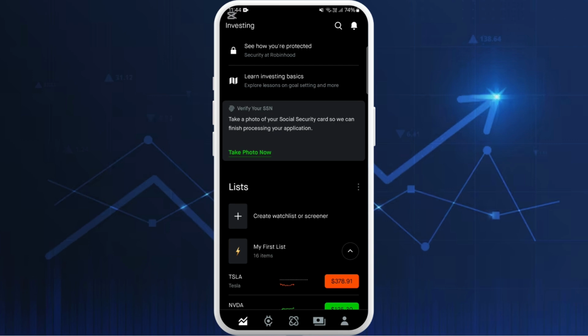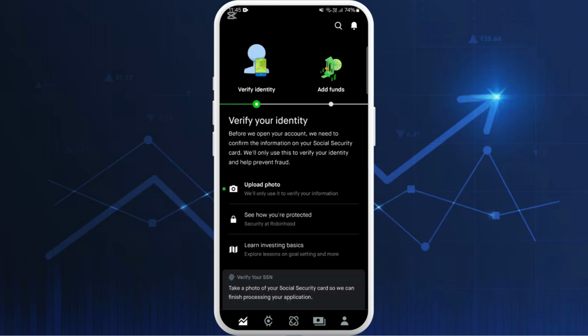Once you're in the app, make sure that you are logged in with your account. After you are logged in, you will see this kind of interface. This is just for a demo purpose and I recently created my Robinhood account. So my identity verification is still on the process. You can add money to your Robinhood account only after your identity is verified. As you can see here, the process is verify identity at first, and only after that there is the option